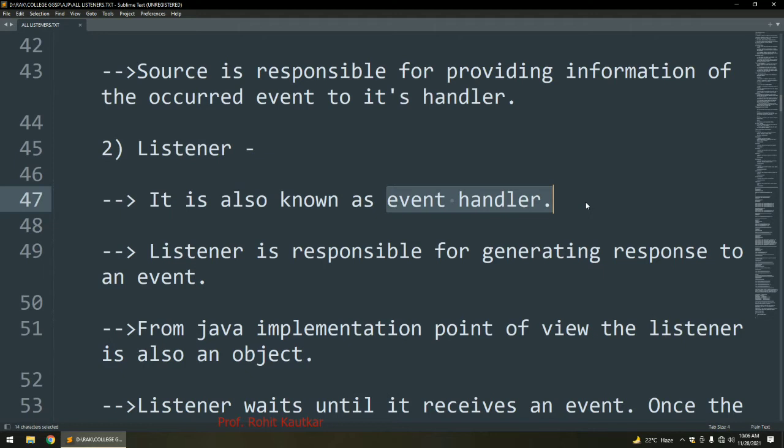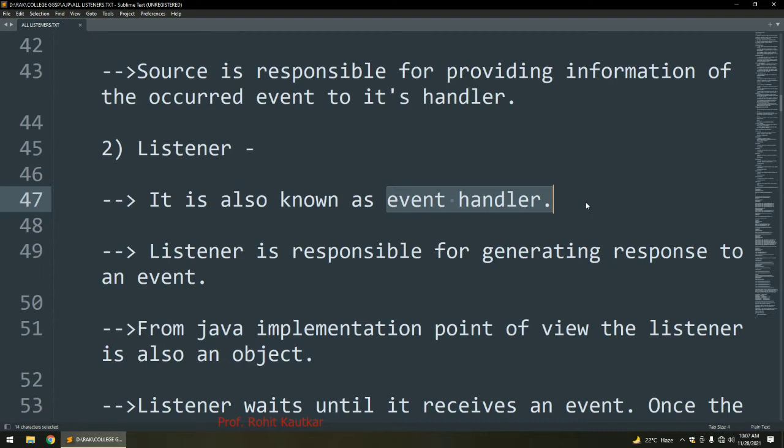From the Java implementation point of view, the listener is also an object. So here your source is an object and your listener is also an object. One important thing to understand here is that the listener will get notified that an event has occurred only when it is registered with a specific source.